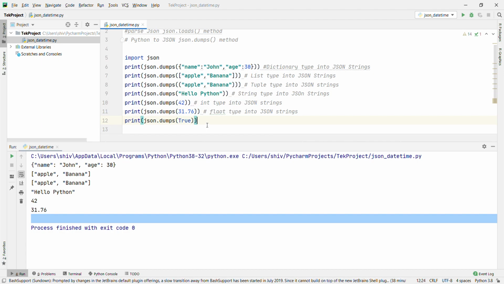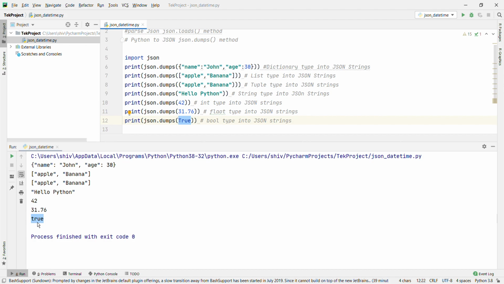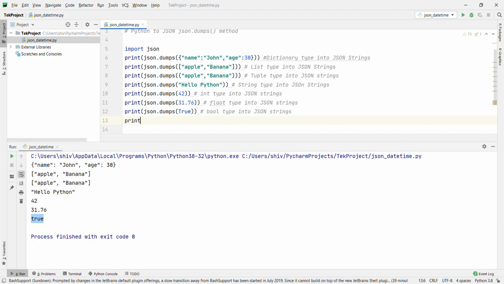It is boolean type, right? Bool type converted into a JSON string. Let's run it. See here, True is a capital letter; once converted to a JSON string, it will be a small letter. Same if we check False, that will also be a small letter. Let's run it. Okay, false.